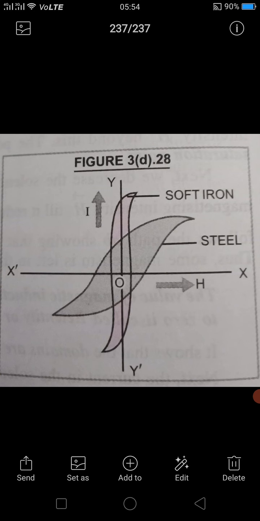Okay, so if permeability is high in the case of electromagnet for the soft iron, for a very small magnetizing field, if a very small magnetizing force is applied on the soft iron, permeability is very high but coercivity is low. And in this case, what will happen? Now in this condition, you are observing that it has a high permeability and it has a low hysteresis loss, and it has a high value of the retentivity also, but the area is less as compared to steel.